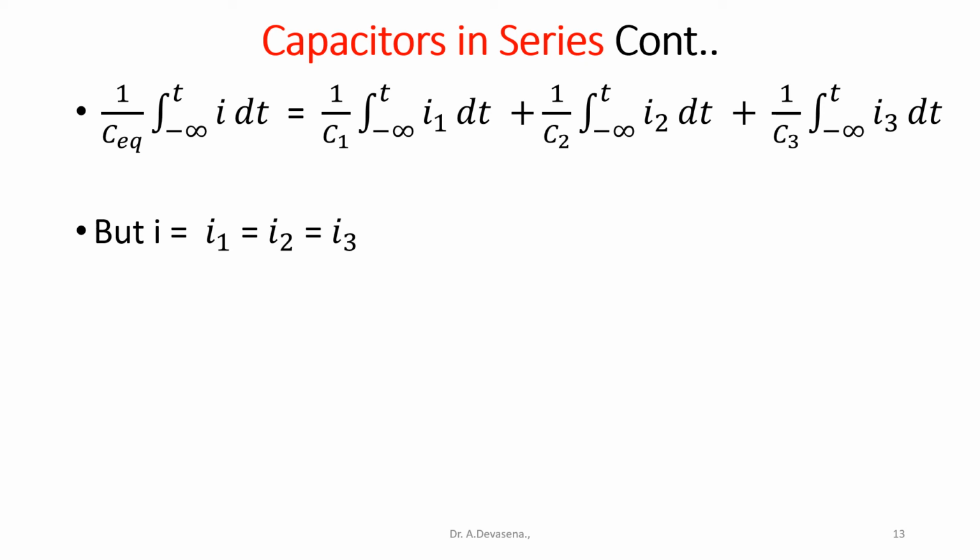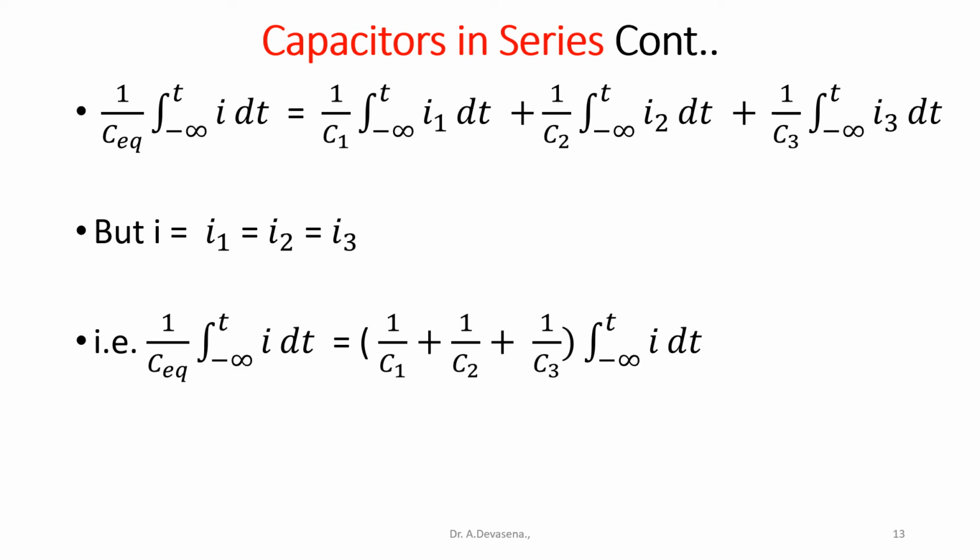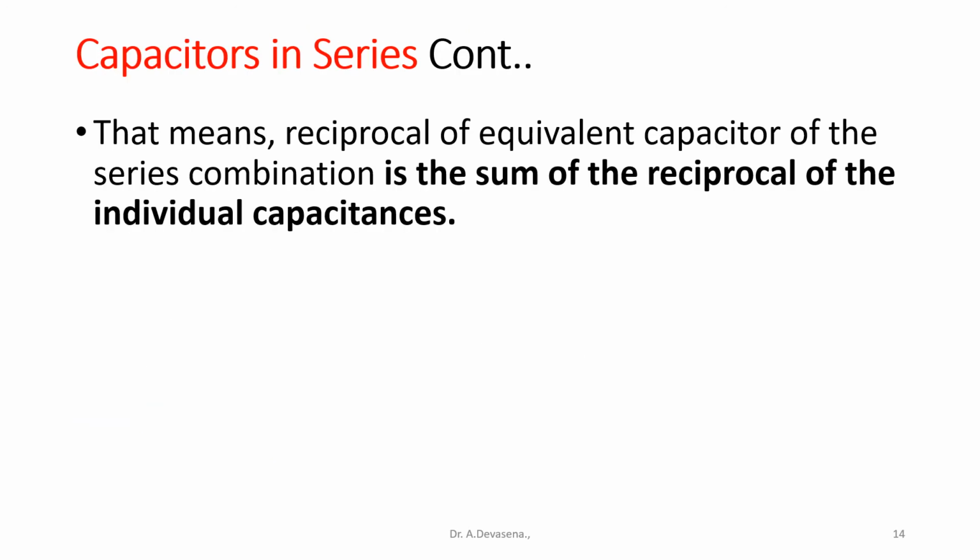But I is equal to I1 is equal to I2 is equal to I3. That is 1 by C equivalent integral of minus infinity to t I dt is equal to the sum of 1 by C1 plus 1 by C2 plus 1 by C3 into integral of minus infinity to t I dt. That is C equivalent is equal to C1 C2 C3 divided by C1 plus C2 plus C3. That means the reciprocal of the equivalent capacitance of the series combination is the sum of the reciprocals of the individual